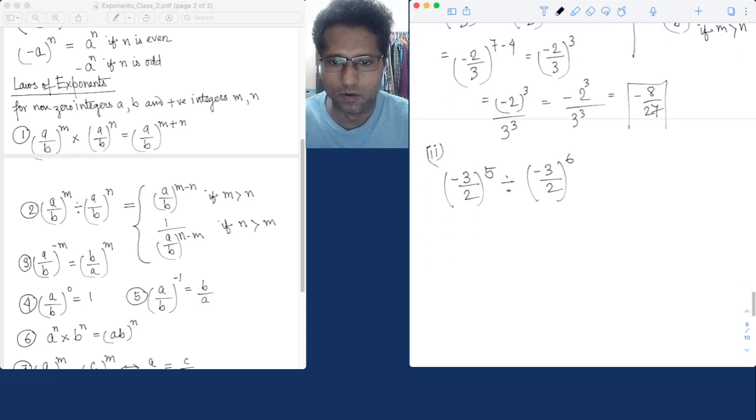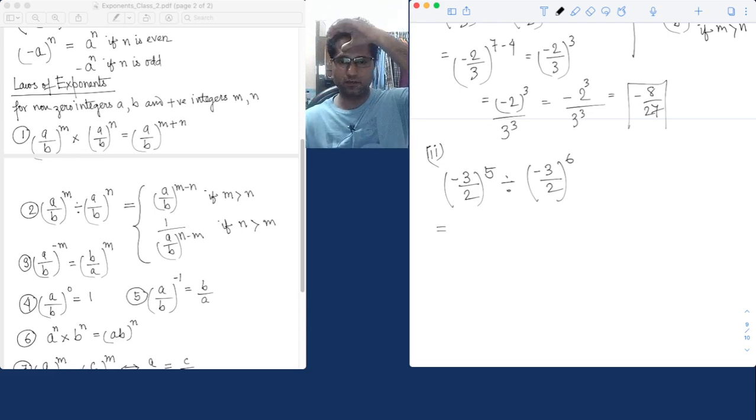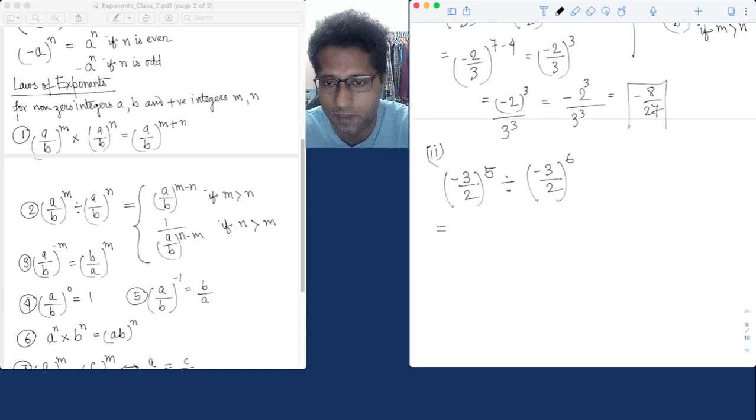We also see here it's a division of two exponents, where the first power is minus 3 by 2 raised to the power 5 and the second one is minus 3 by 2 raised to the power 6. The base is the same, that is minus 3 by 2, but the powers are different and the first power 5 is less than 6. So we will apply this law that a by b raised to the power m